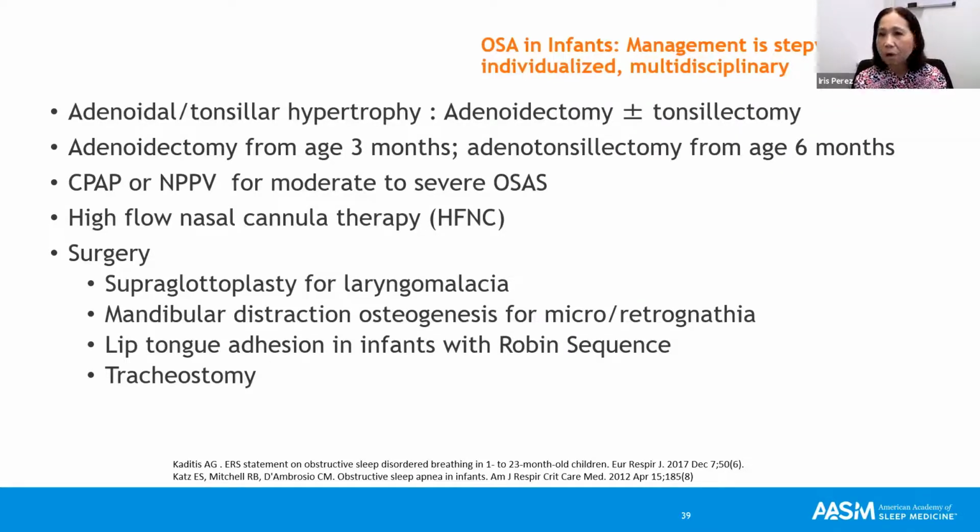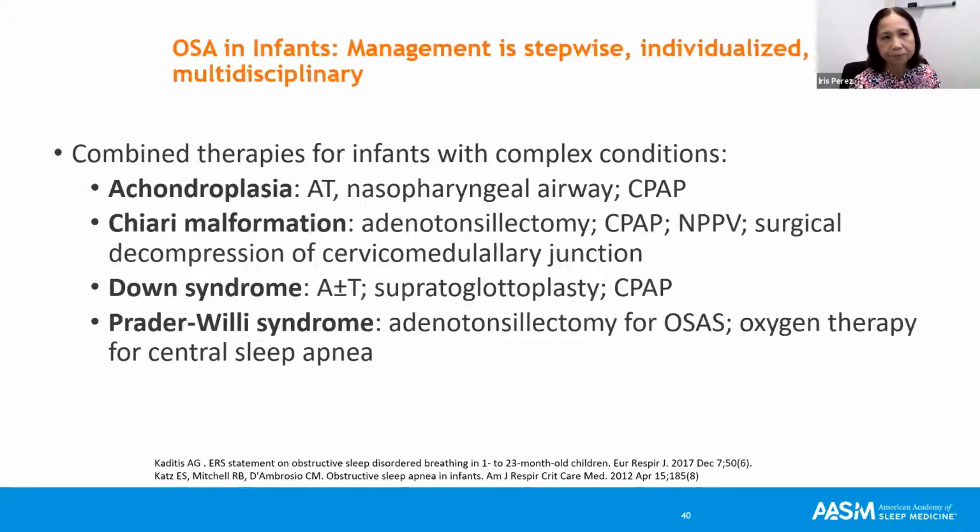Those with micro or retrognathia, such as those with Robin sequence, may have an option of mandibular distraction. Also, tongue-lip adhesion and tracheostomy may still be needed in some infants. So those with complex conditions, like those with achondroplasia, may have options of adenotonsillectomy, placement of nasopharyngeal airway, and CPAP or positive airway pressure if the